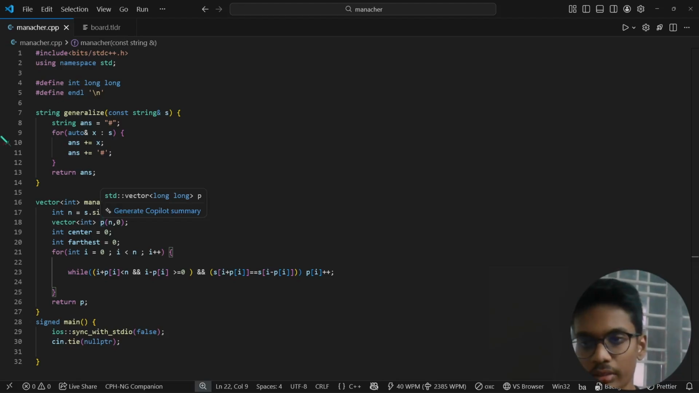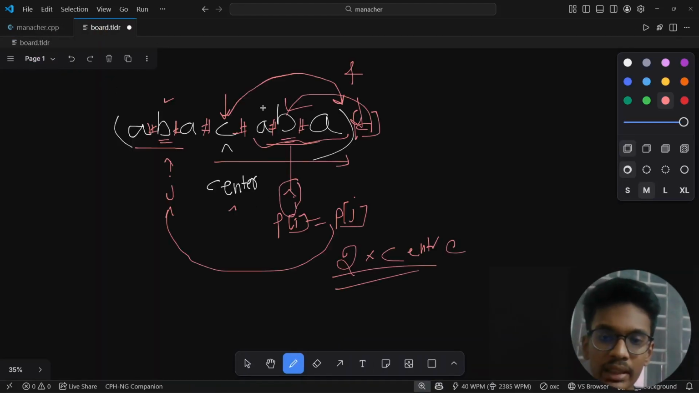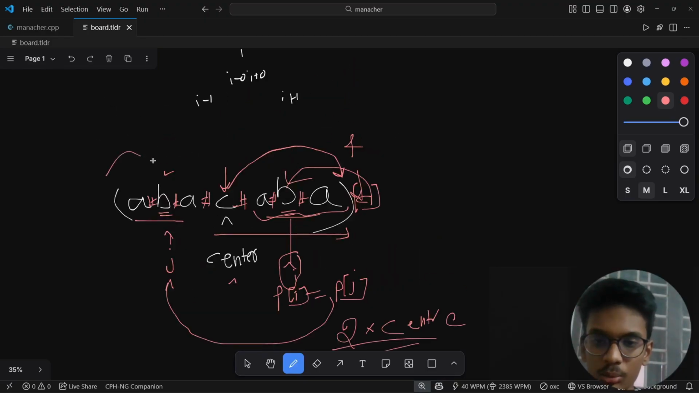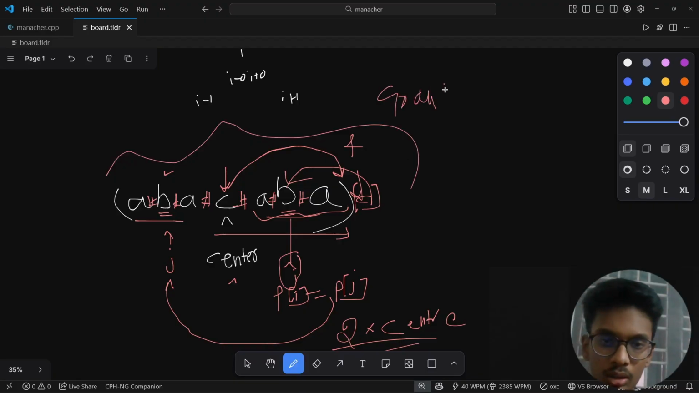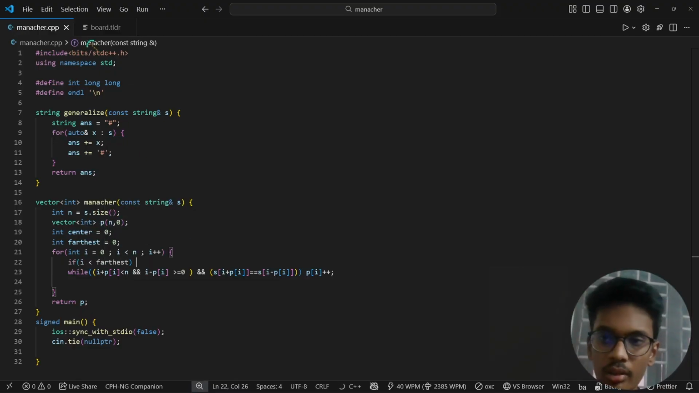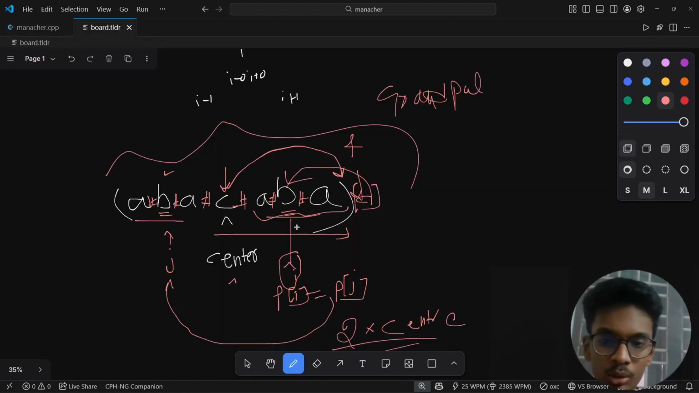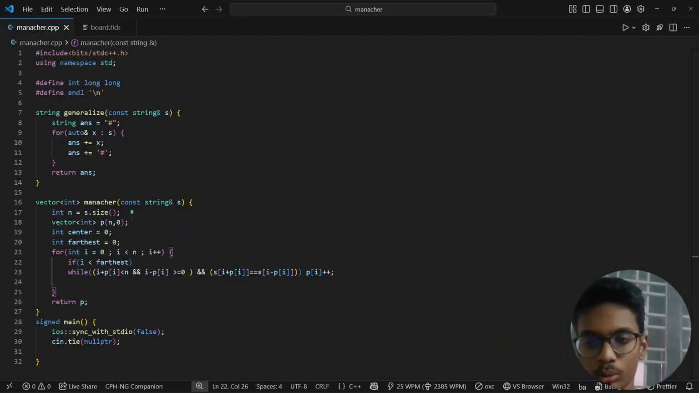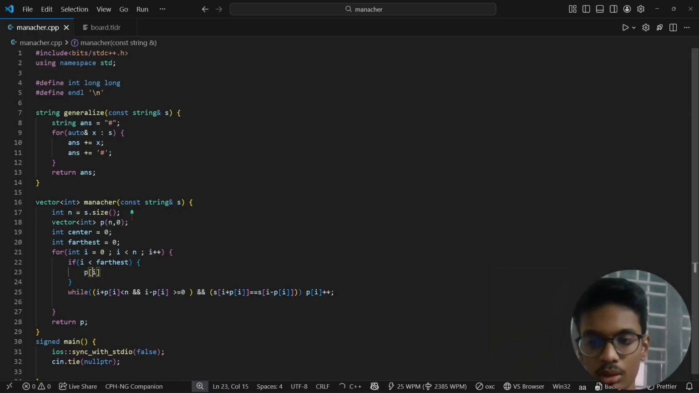So when can I say an index I lies inside a bigger palindrome? Let's call it the grand palindrome. When can I say I lies in the grand palindrome, so that a mirror image would exist? If I is less than farthest, and farthest is already somewhere at the end of the grand palindrome, then I can simply do P of I